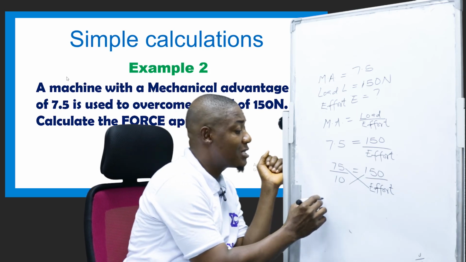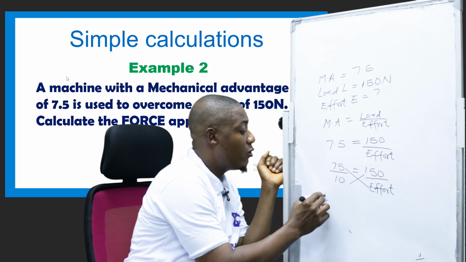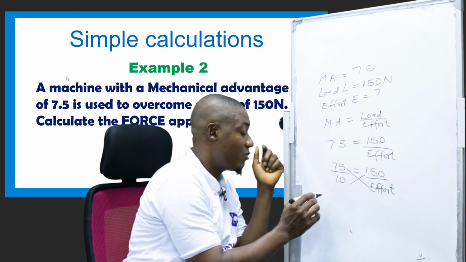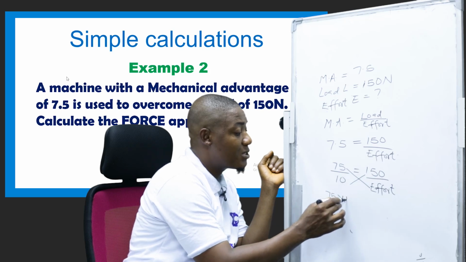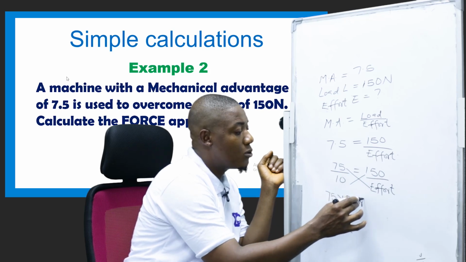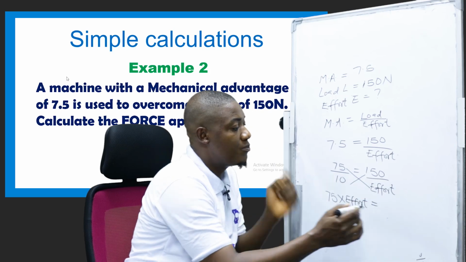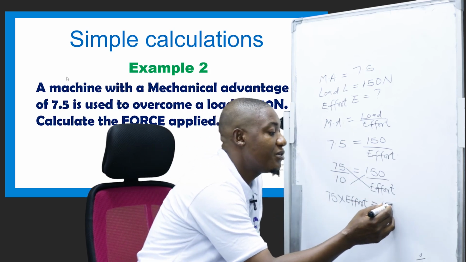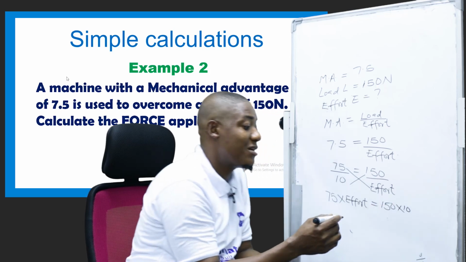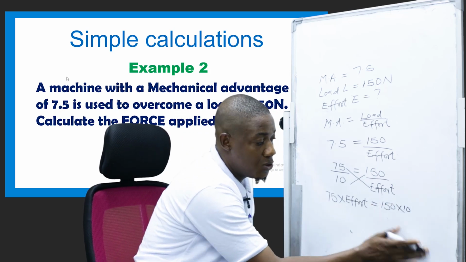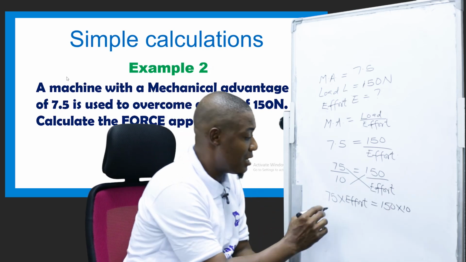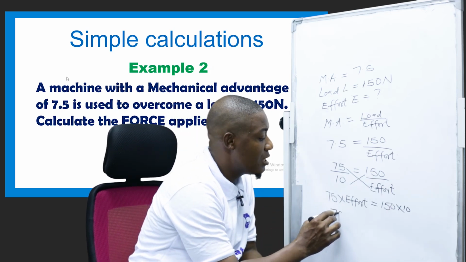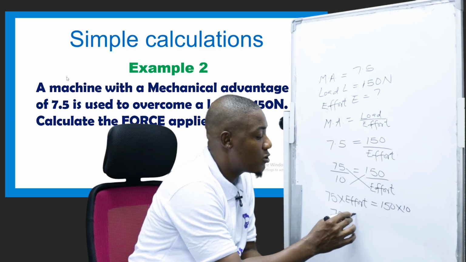So we have that 75 times effort equals 150 times 10. 150 times 10 is 1500. You don't need to even bother yourself about it. Just take this 0 and add it. That is the answer. So this is 75 effort